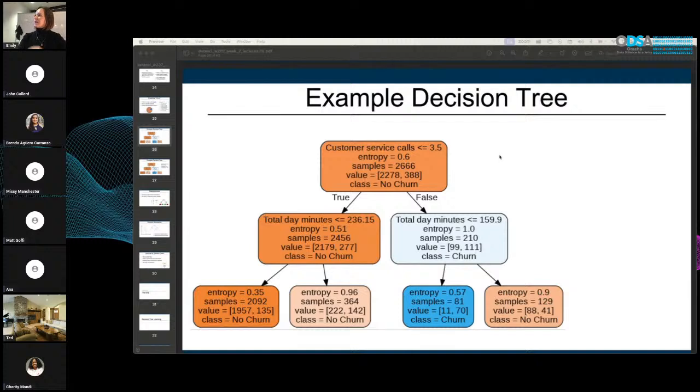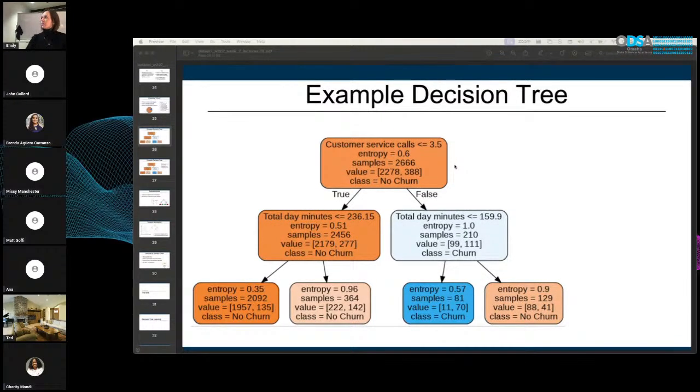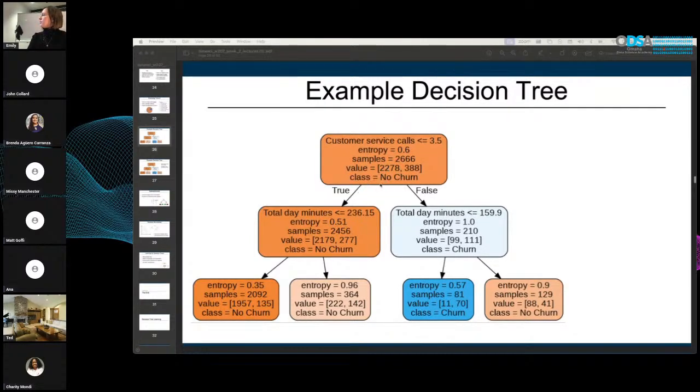I described Gini impurity because I think it's the simplest metric to use for a decision tree, but there's entropy, there's Gini impurity, and there's information gain. Different algorithms use different exact calculations. Just like you can have different distance metrics, you can have different splitting metrics for decision trees. I would encourage you to look, but generally the concept of minimizing the number of mixtures in terms of your labels that you pass to each node is the goal.